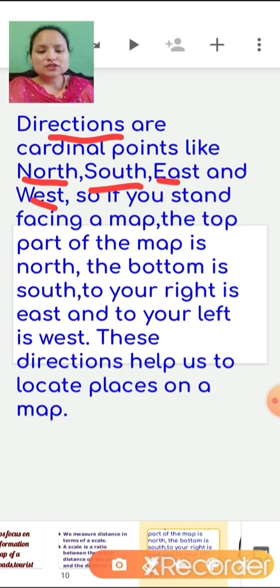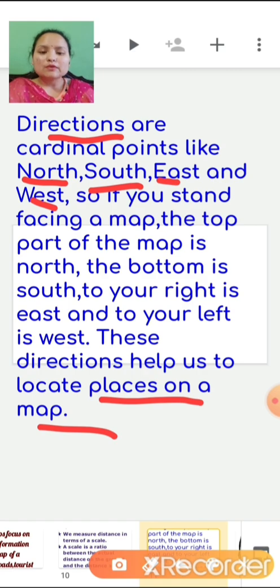So these directions north, south, east, west help us to locate places on a map.